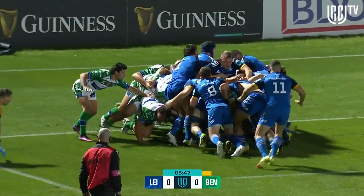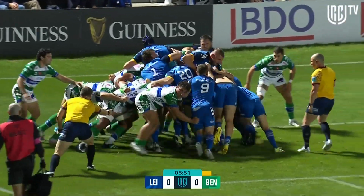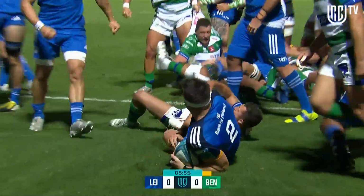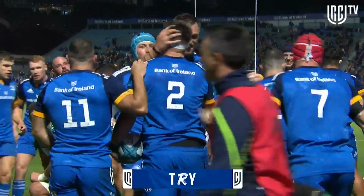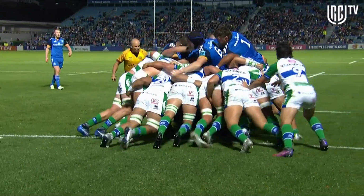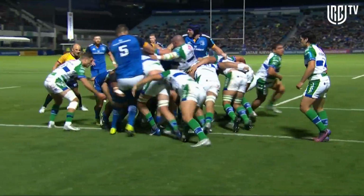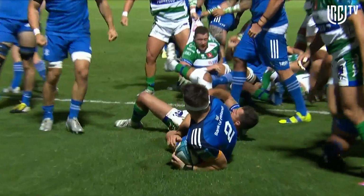And Leinster are motoring and they're moving and they're powering forward. Breaks on momentarily, but Dan Sheehan has got free. And we have the opening try of the evening inside 6 minutes. I think it's actually the build-up to that territory that Leo Cullen will be particularly happy with. We saw last week in Parma, Leinster, their attack was off the money, but they're...